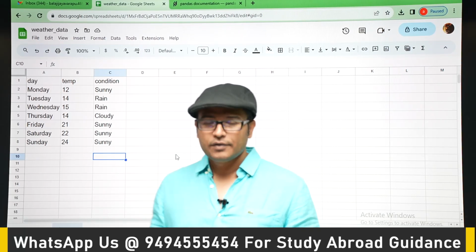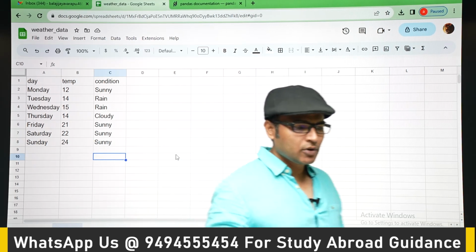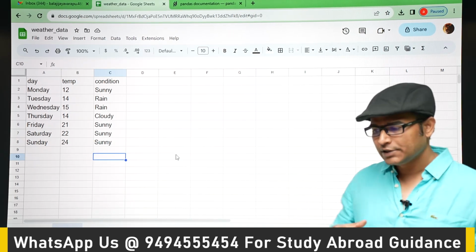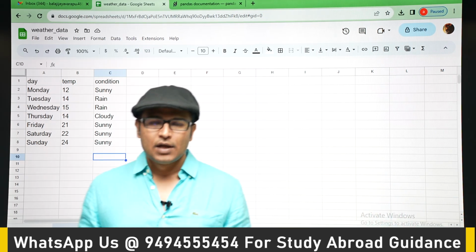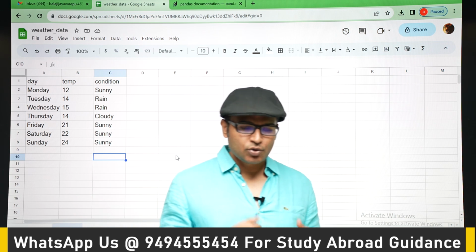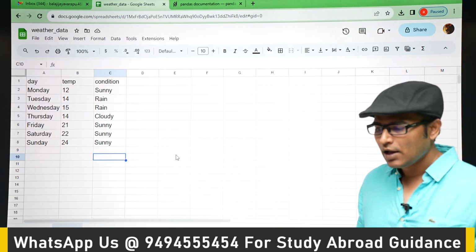Hi, in Python, there is a powerful library called Pandas. Pandas is a super powerful way if you are trying to process or analyze data. Pandas is going to be very, very helpful. I want to show you in this program how easy it is to work with Pandas compared to